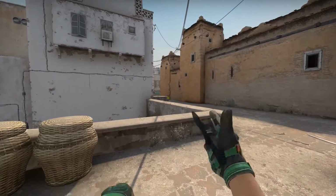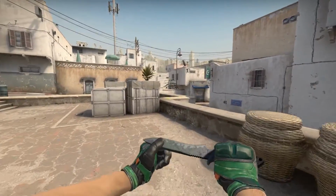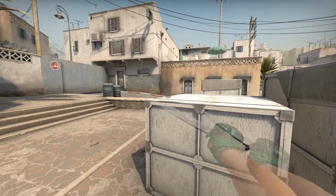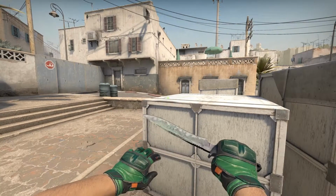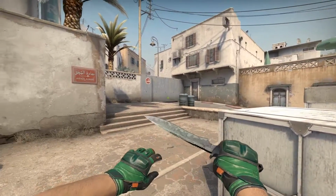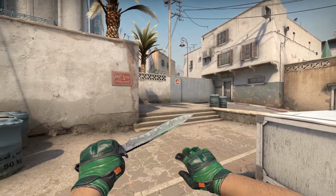Now, that being said, considering your budget, I think this classic knife looks really good. It's very clean because it's a blue steel pattern, which is one of my favorites. It's underappreciated, the blue steel, in my opinion. It's a good looking knife, and it will also go very well with both of the gloves in the default